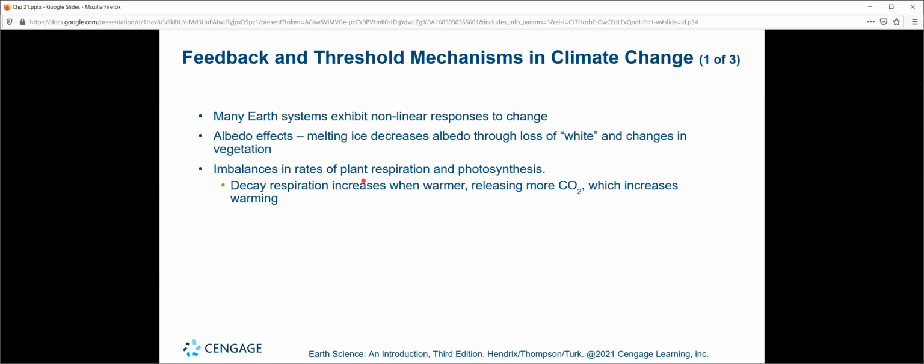Meaning it's not just a straight effect that happens. Linear means line, right? Many of our systems don't just respond easily to these ebbs and flows. They wobble, wiggle around. Albedo effects, such as melting of ice, cause a loss of white, essentially, and change vegetation